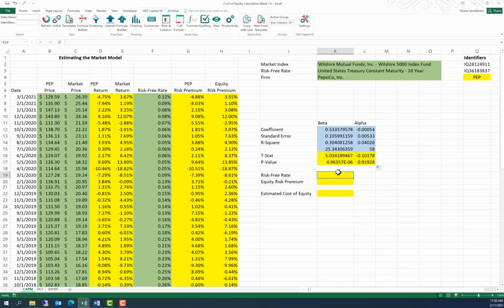For this one, you can do a variety of things. You can estimate the average over time. You can use the current risk-free rate. In this example, I'm going to use the average for the time period that we're looking at. I'm also going to use the equity risk premium for the time that we're looking at. A lot of equity risk premiums are forward-looking. For the demonstration I'm giving you today, I'm going to use the one for the time period that we're looking at,